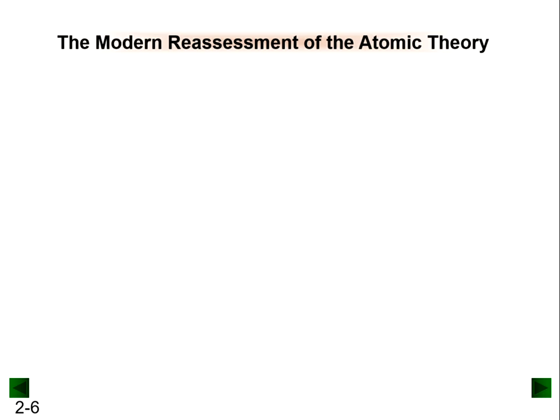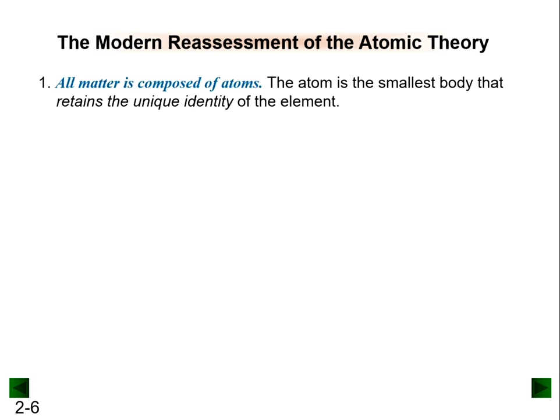So now that we have an understanding, we can go back and do a reassessment of Dalton's atomic theory. The letters in blue are the modern articulation of what Dalton had expressed. First, all matter is composed of atoms. The atom is truly the smallest body that retains the unique identity of the element. And while the properties may change a little bit, as we will see when we look at nanotechnology, it still tells us what gives us the unique identity of